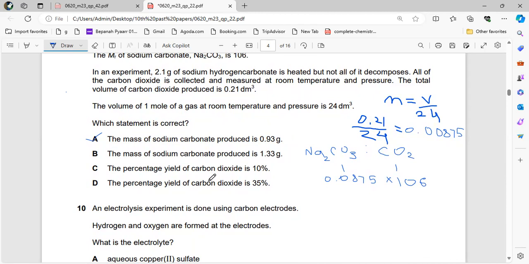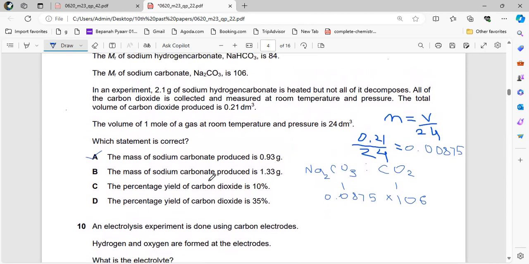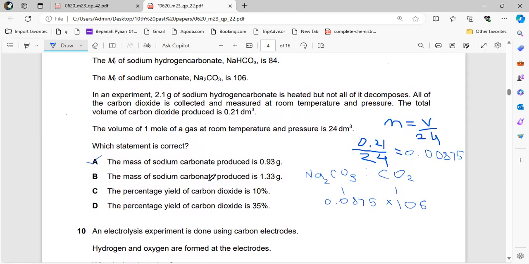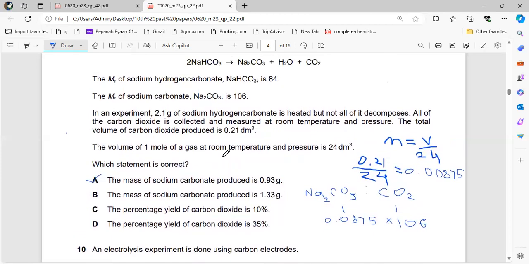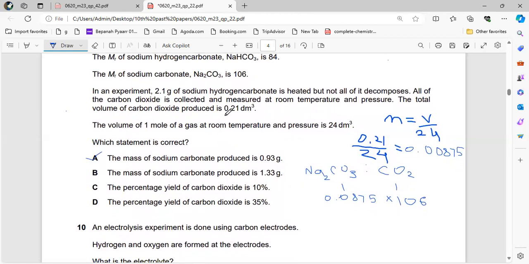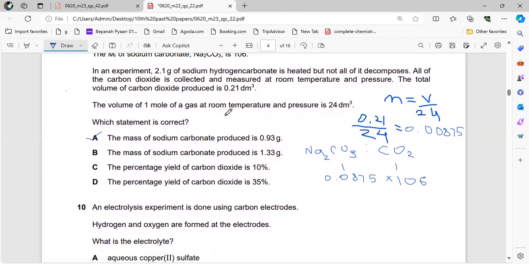Which statement is correct? Now in this case, they have said that 2.1 gram of sodium hydrogen carbonate is heated, but it does not decompose totally. So we will find the mass of Na2CO3 using the volume of carbon dioxide. For that, first we have to get the moles of carbon dioxide. We will get it by moles is equal to volume upon 24. So 0.21 upon 24 will give us